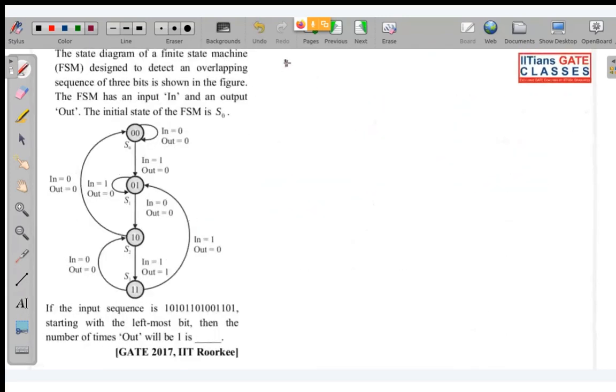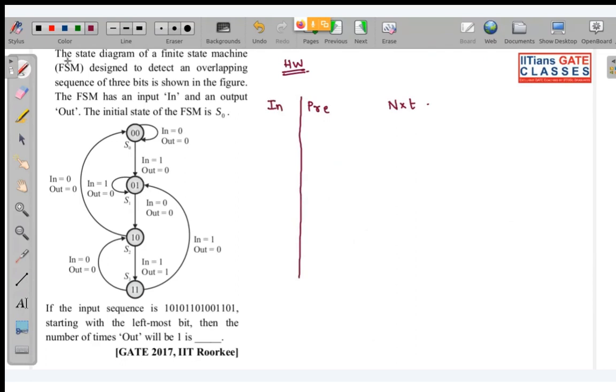So this question I would like to give you guys as homework. This is your homework question. This is basically your sequence detector. So very easily you can solve this question. I will tell you the shortcut trick also. By looking at the state diagram table, you can see there will be a present state and a next state, based on some input over here. So the input will decide from which present state to which next state you will go.